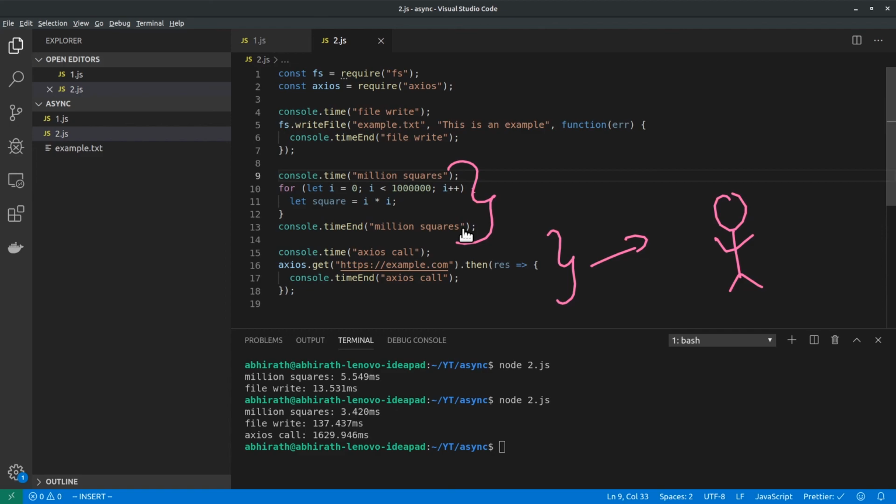Do note that JavaScript is single threaded. It can do one thing at a time. By outsourcing these time consuming tasks, JavaScript has the time and resources to help the user. So these two time consuming tasks are outsourced, and JavaScript can focus on user interaction, on the other logic that the user might perform.